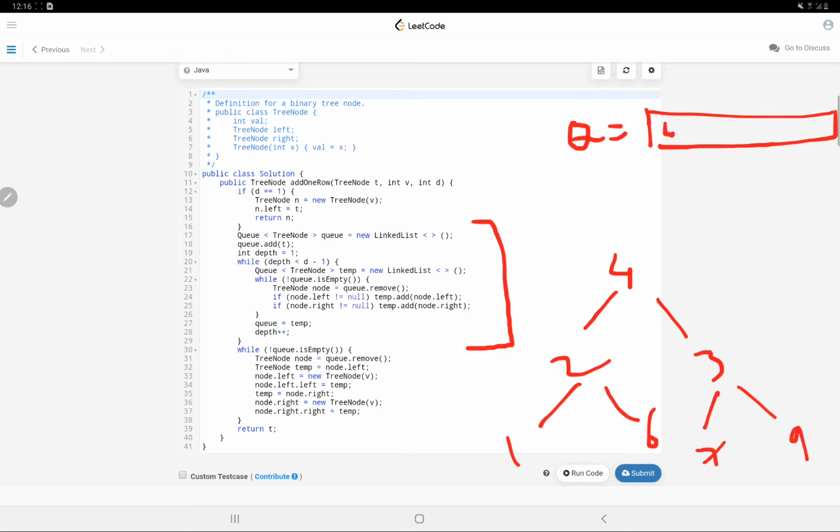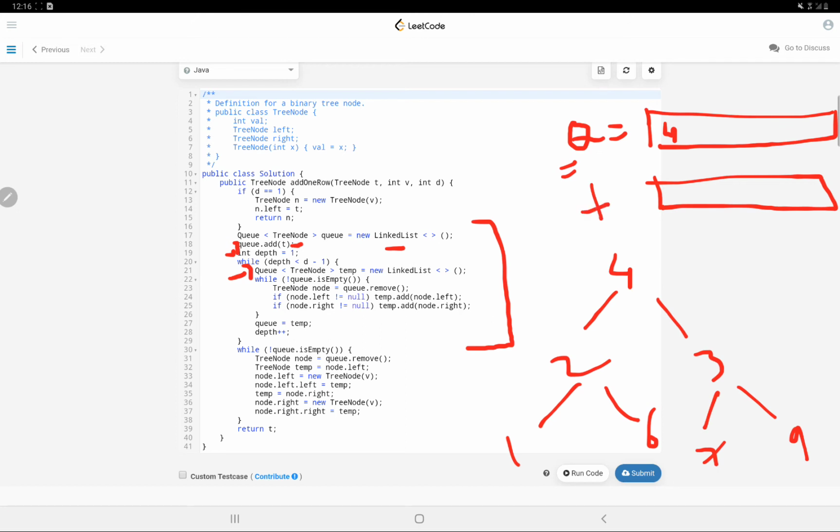So the 4 will be added to the queue, and it's of tree node type, so the tree node will be added, and depth will be 1 in this case, and while the depth is less than the given depth minus 1, what we'll do is we'll take a temporary queue, and it will be empty initially. So, and while this main queue is not empty, we will remove one by one element, and we will add their next level into the temporary queue.